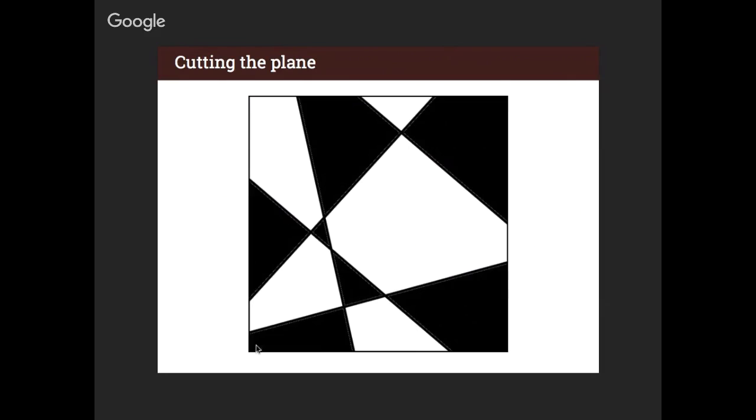And I can draw a line to cut that region as well, and maybe this region. I can cut all the corner regions into one more region. But I can't cut the middle regions. I can't in any way draw a line that'll cut this white region in half, or any of the other regions. My straight line will go through other regions, and it will add even more regions. So I'll jump from 12 to 17. And that's not what I want. Each induction step is supposed to jump only one unit.